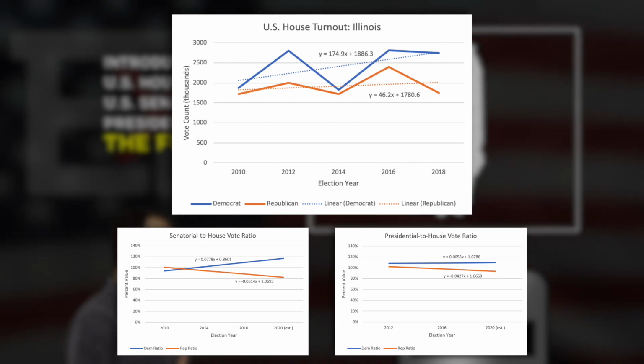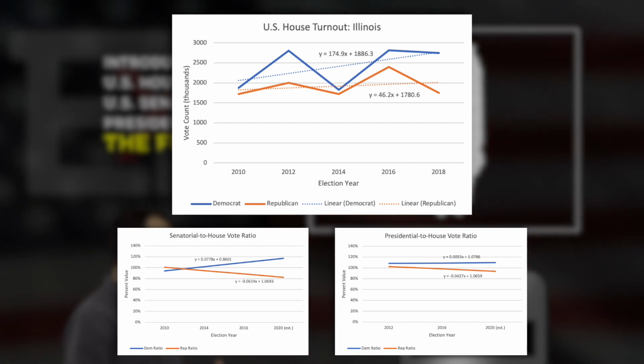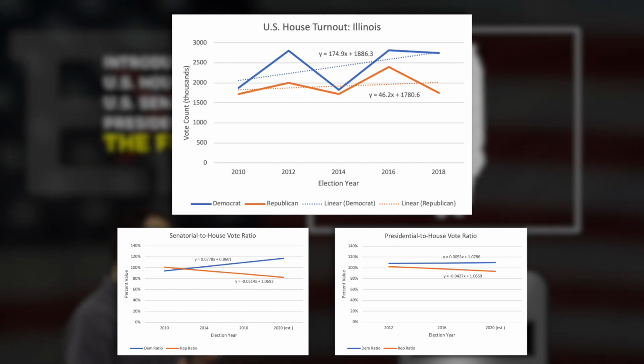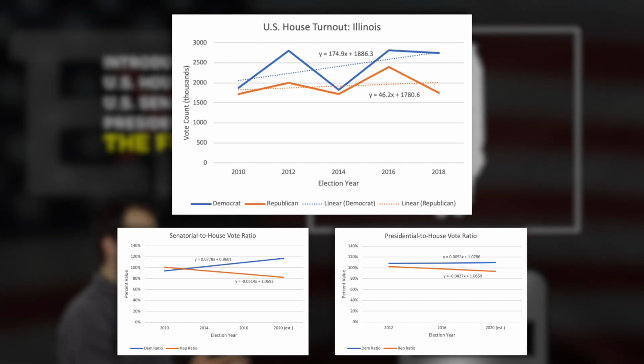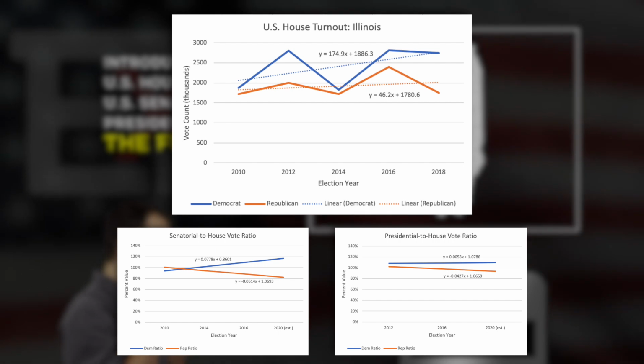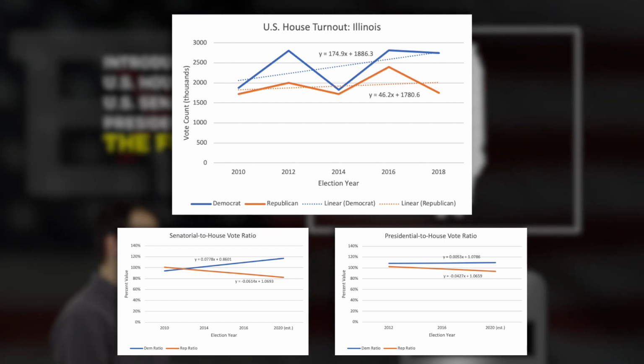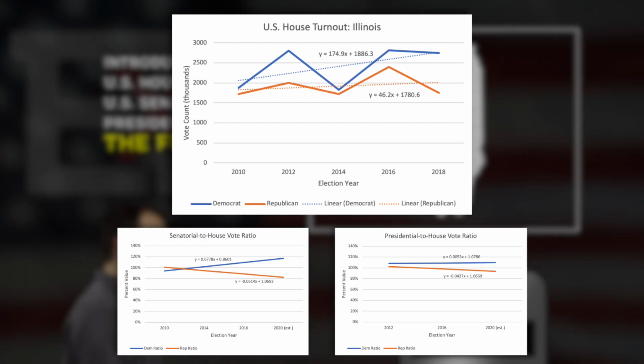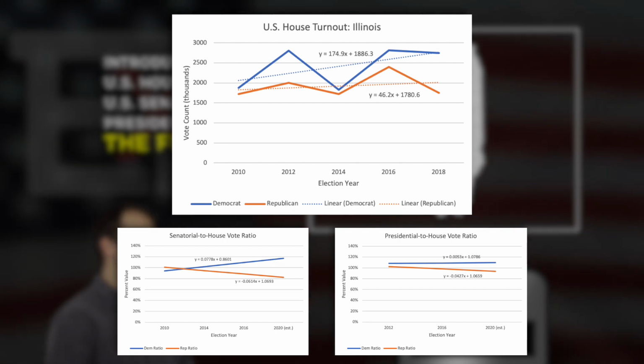So let's look again at the raw House turnout graph that I was showing you earlier in the video. Let's look specifically at the slope values that you can see in both of those equations for those dotted lines. What that slope value represents is the increase in voters that turn out every 2 years, going from one election cycle to the next. So basically, every 2 years, on average, Democrats have received